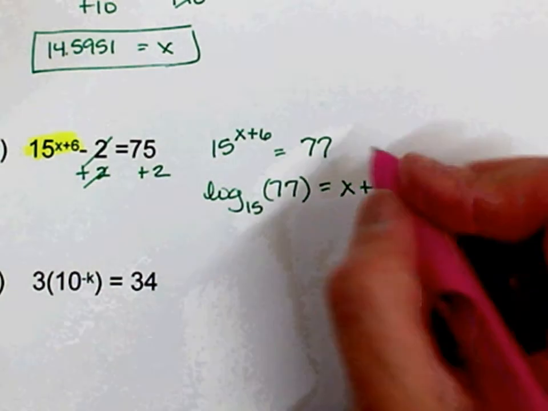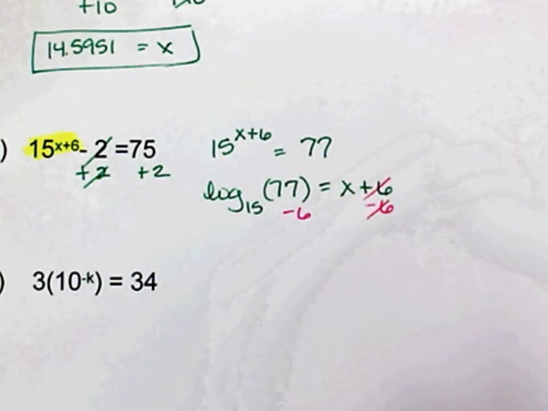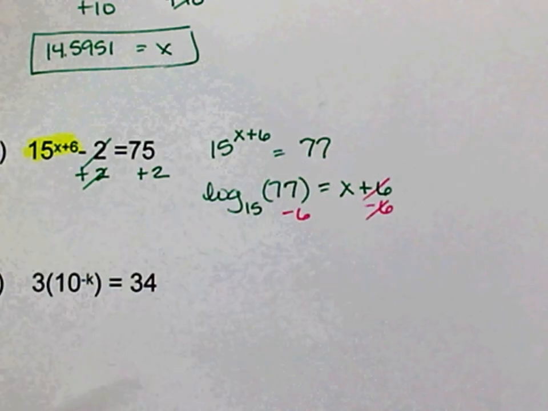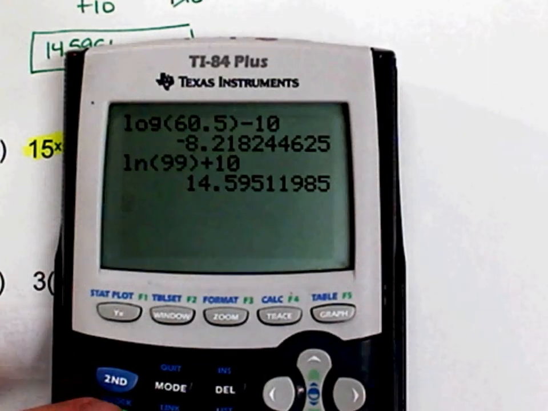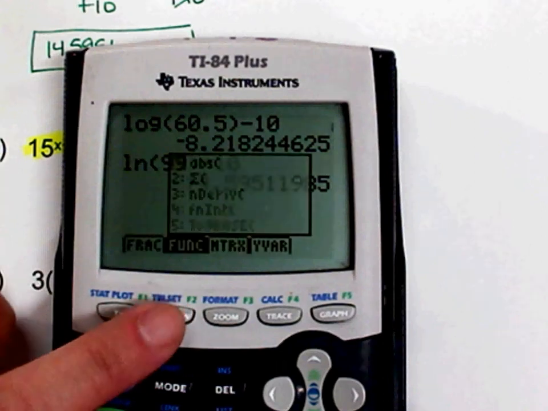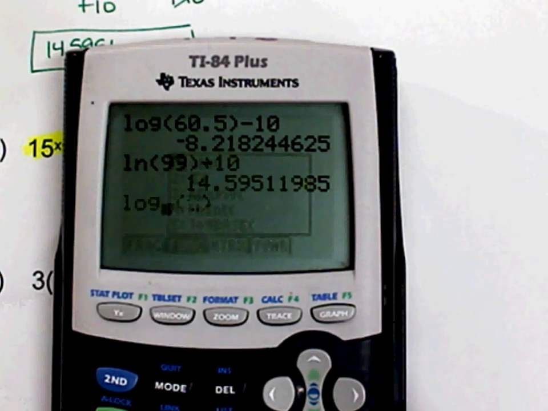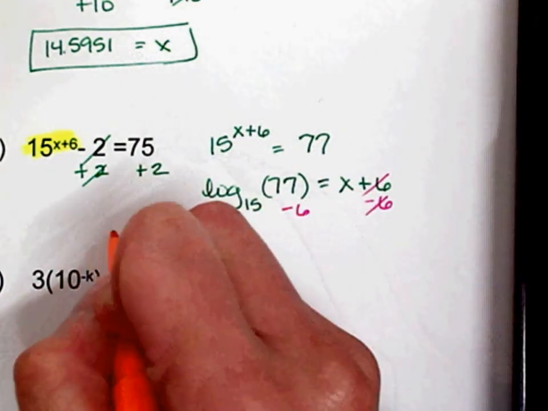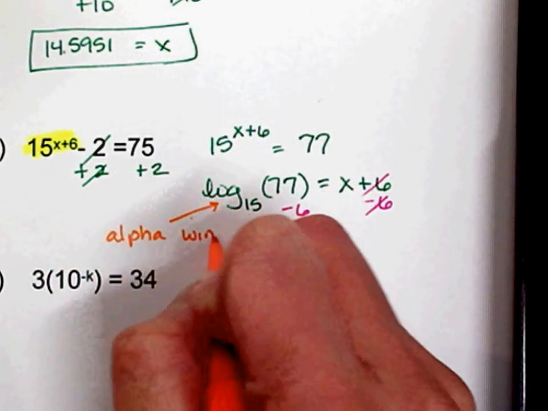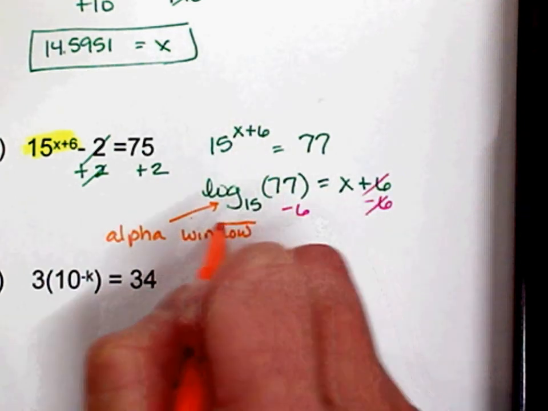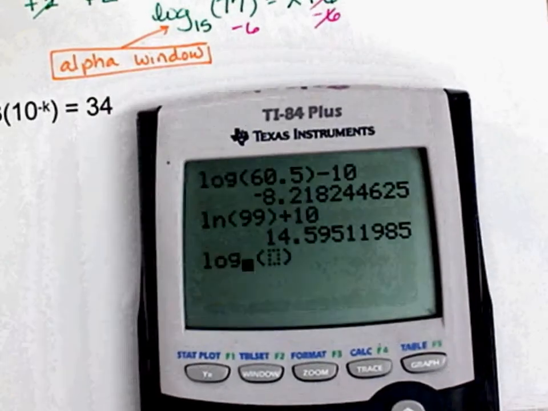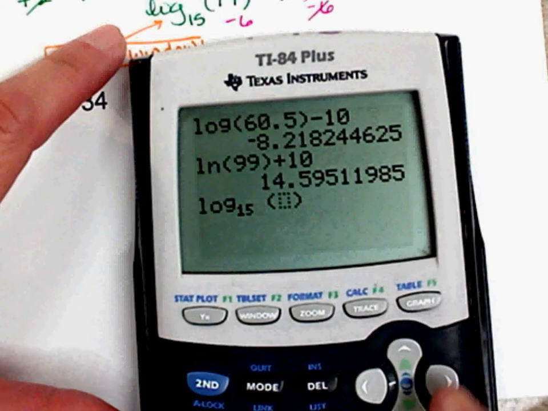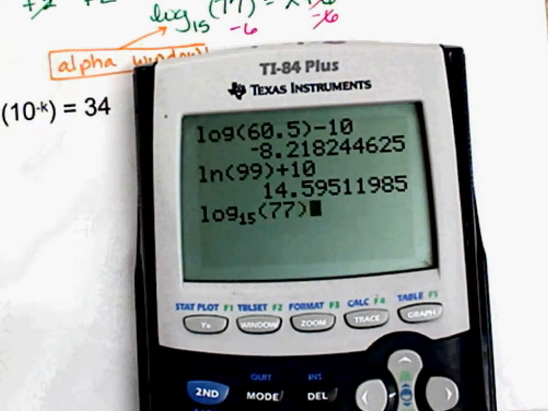Subtract 6, subtract 6. Okay, so let me show you guys the button that you want to use when the base is not a 10. You ready? I always forget. Alpha window? Yeah, alpha window. See number 5. Just like that. Okay? So the button for this one is alpha window. Okay? There you go. All right, so alpha window, base 15, right click over, 77, right click out of it, minus 6. Okay? So x is equal to,